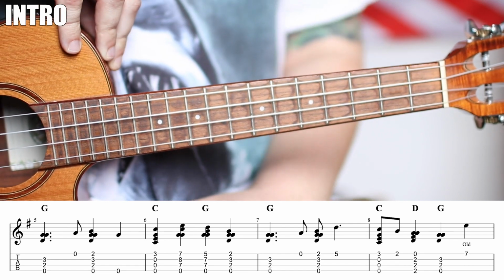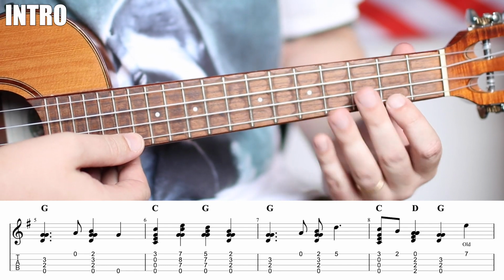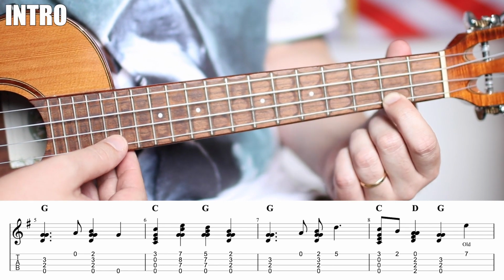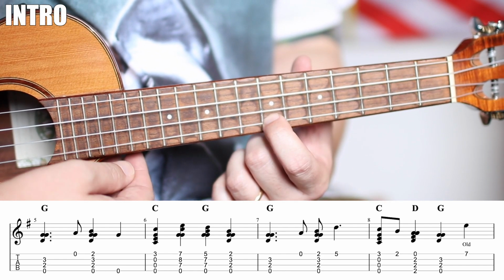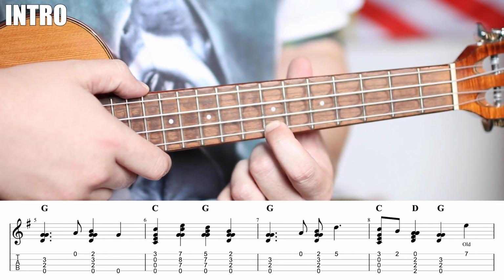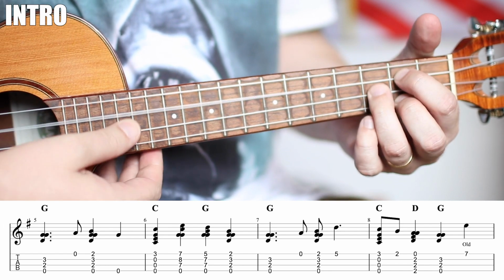Next four measures you can see it's almost exactly the same with the exception of the third measure. Right after 4, we don't go down and play that 2nd fret. We're also going to start the melody with the 7th fret on the 4th beat of the last measure. So if we play through this one, we get